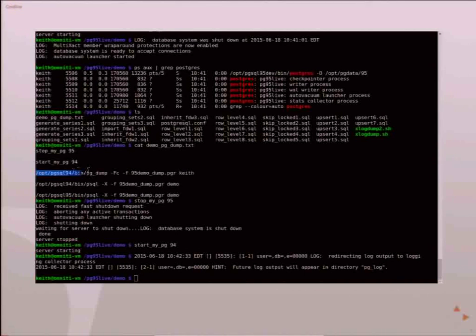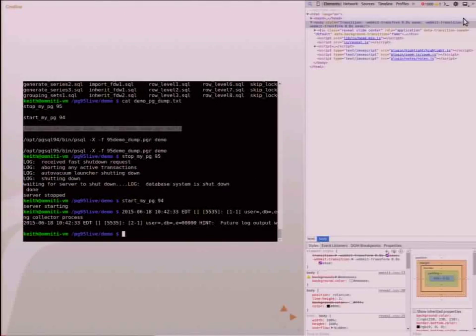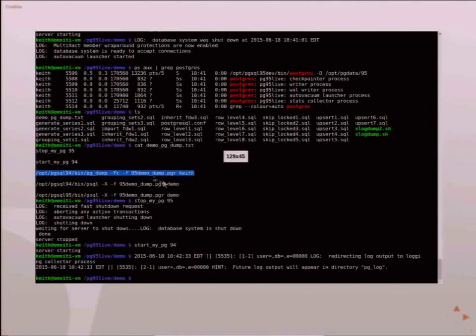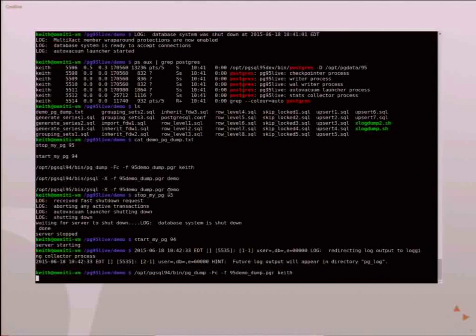So I'm just going to make a dump file here using the 9.4 binary to make the pg_dump, so I can actually use the 9.4 pg_restore binary or psql binary.